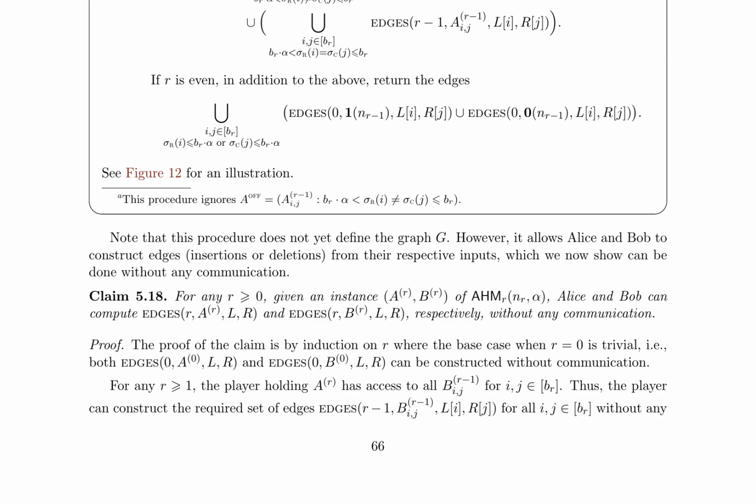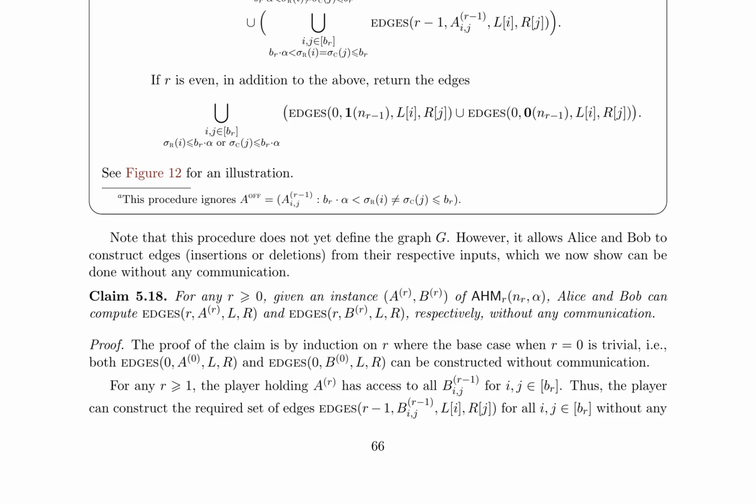The proof of the claim is by induction on r, with the base case being when r equals 0. For any r greater than or equal to 1, the player holding A_r has access to all B_{r-1}(i, j) for (i, j) an element of B_r, and can therefore construct the required set of edges without any communication. The key idea behind this procedure is to recursively construct the edges of the graph by breaking down the matrices A_r and B_r into smaller submatrices, and then combining the edges constructed from these submatrices. This allows Alice and Bob to construct the edges of the graph without any communication, which is a crucial step